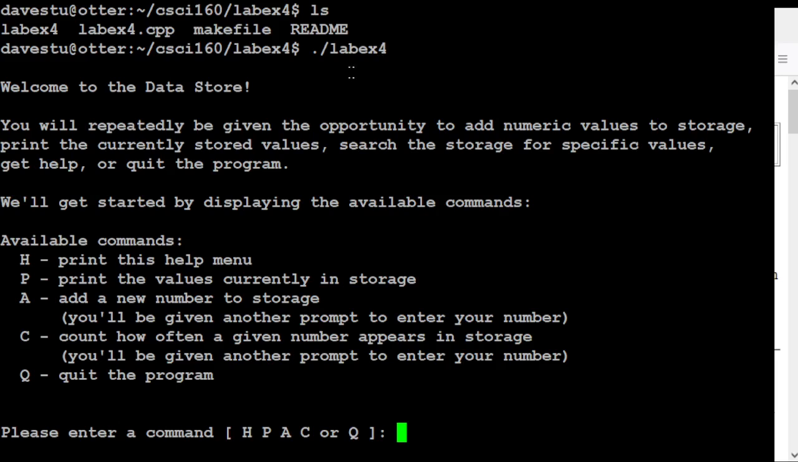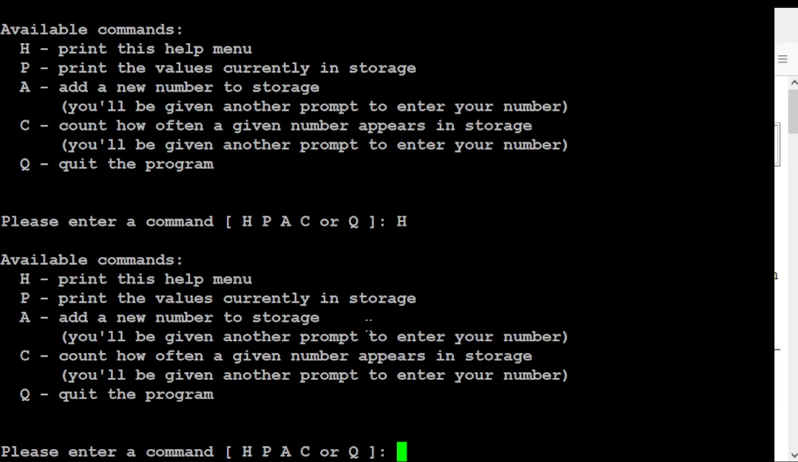So a little blurb at the beginning telling them about the program, a list of the commands that they're allowed to enter, and then a prompt saying, please enter one of the following commands, an H, a P, an A, a C, or a Q. The user should be able to enter either upper or lowercase. So if they enter an H, for instance, it should print that help menu. Same thing if they enter a lowercase h, it should,